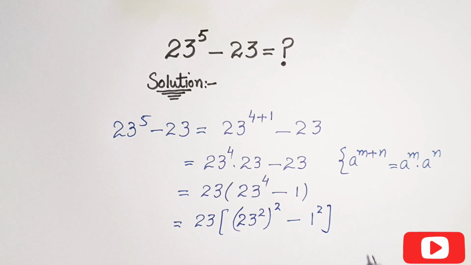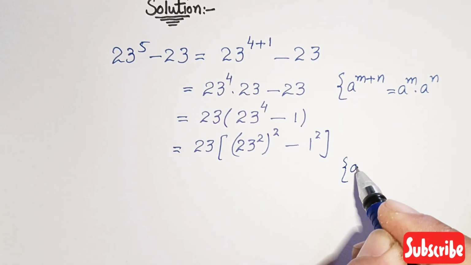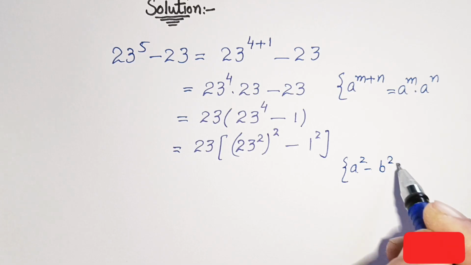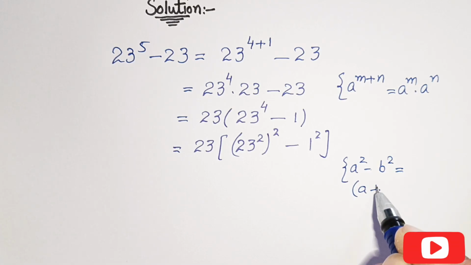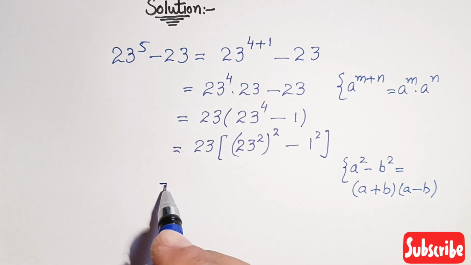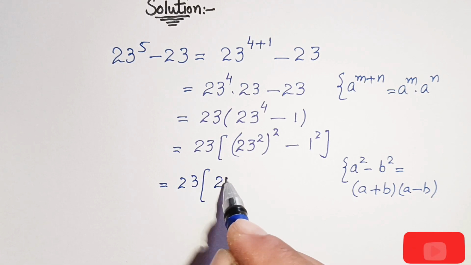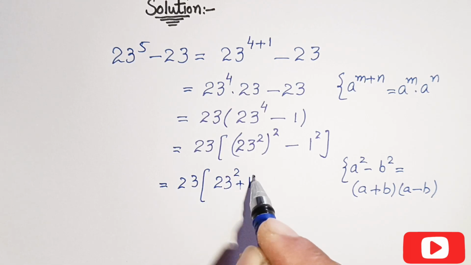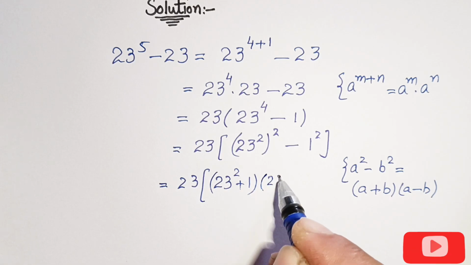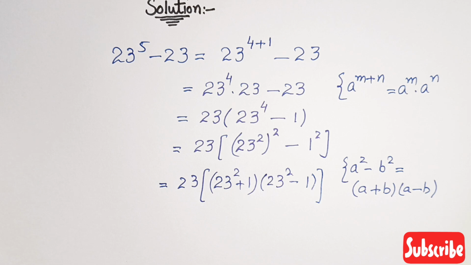Now we know by the algebraic formula that if we have a squared minus b squared, it is equal to a plus b times a minus b. Then here we have 23 times, and we can use (23 squared plus 1) times (23 squared minus 1). Now, 23 times,